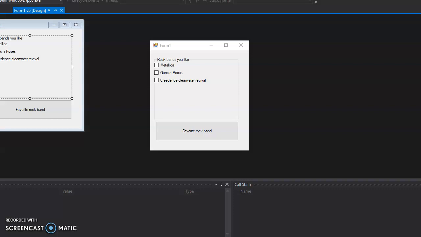First, I'll start with the check boxes. I have an example here with the rock bands you like. See, these are the boxes for your submissions, your answers. If you like Metallica, you might check this box, and check this box if you like Guns N' Roses. But if you don't like Creedence Clearwater, you can leave it blank, press the button, and it comes up with